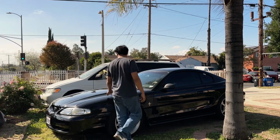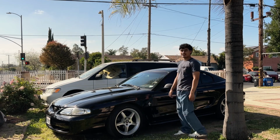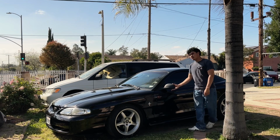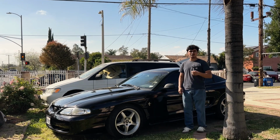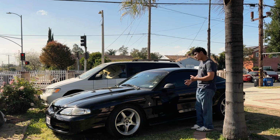Besides that, I have polished the car. The paint is not in the best condition, but it does make the car look good compared to my old car, the Civic. And the most recent thing that I have done to it is my tint. I got this yesterday, so I can't roll down the windows right now. It's really hot, so I'm just suffering in there. I have no AC, but